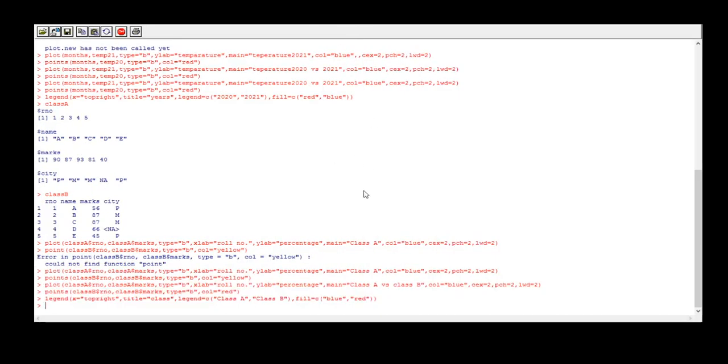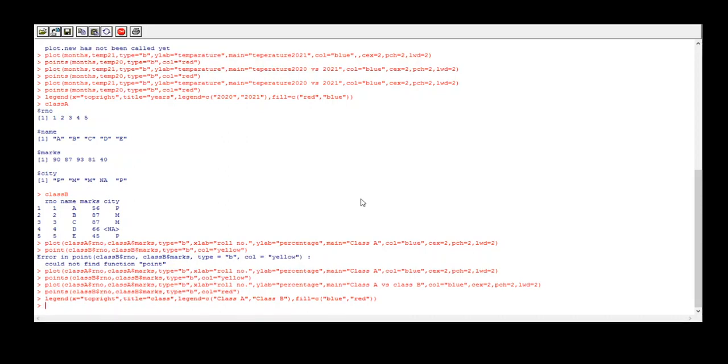Now this is all about today's session. In today's session we have studied how to create a graph for different input objects by using the plot function, and then how to save it by using different commands. If you want to save this graph as JPG, then you can use the command for JPG. You can save it in PDF format also.